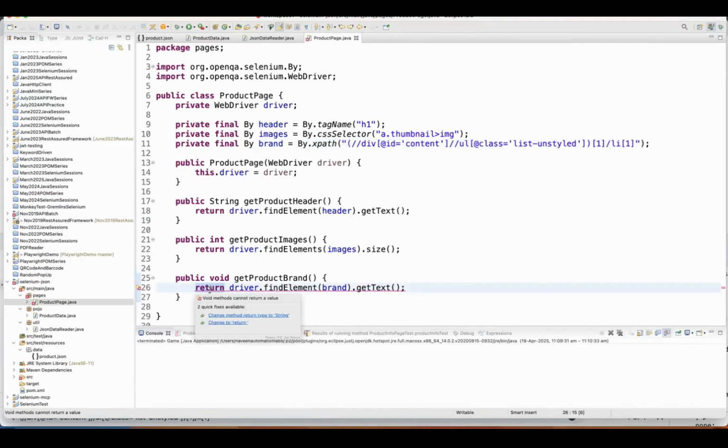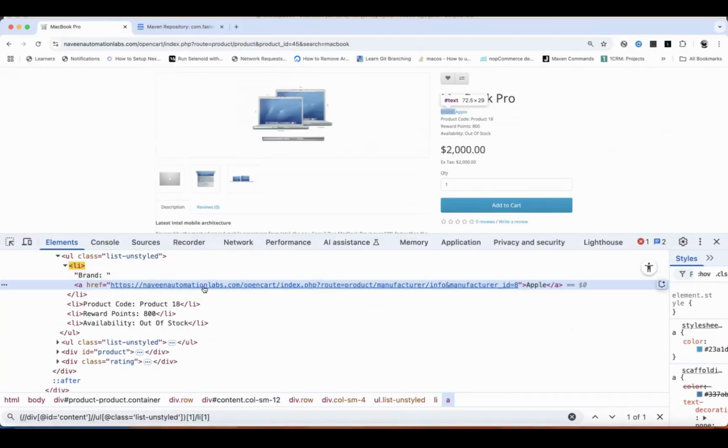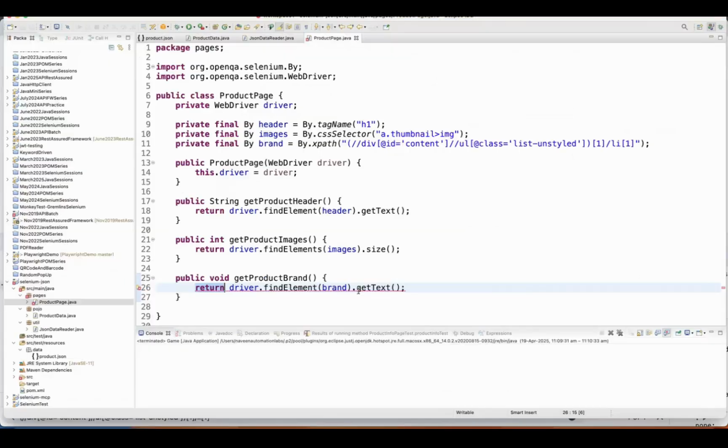So I'll do one thing. I'll just want to use only Apple. So brand colon and the Apple, it will give it to you. I just want to fetch only Apple. So in that case, instead of writing like this, I'll store it. Let's see, this is the brand